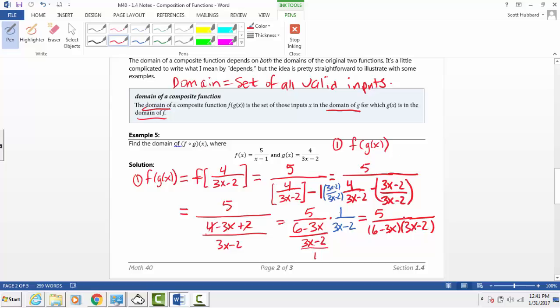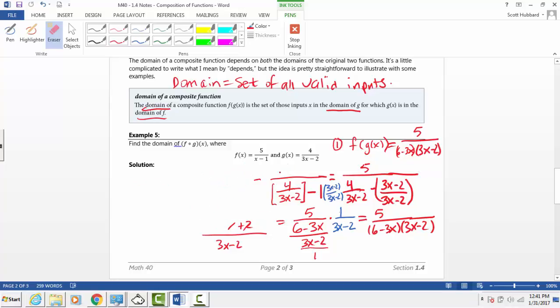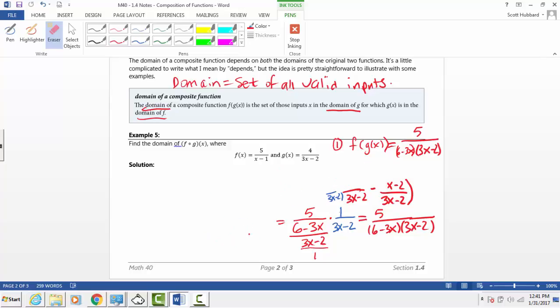So now we see, if it's okay, I'm going to write this over here. I ran out of room, so I'm going to write what the composition was right here. So it's 5 over 6 minus 3x, 3x minus 2. I'm going to have to erase some of this, so make sure that you get it all. Pause the video if you need to and get all this again. But that's our composition right there. And now that I have that,